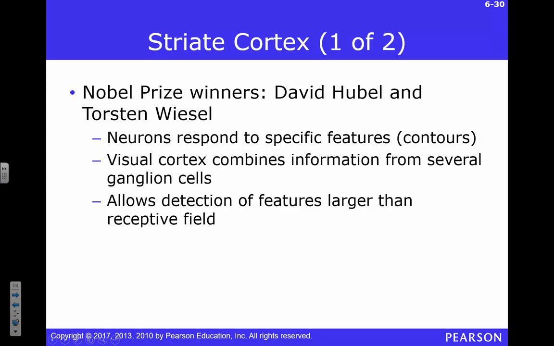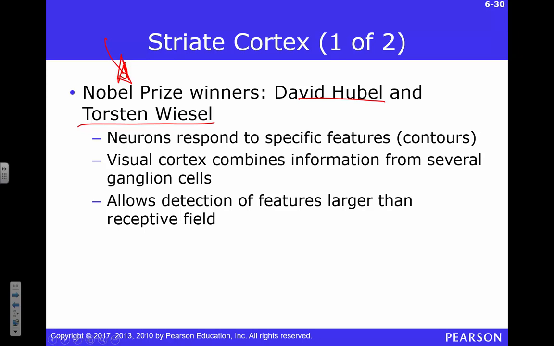But I guess now is the time when we should take a moment and watch a movie. Anybody like movies? Yeah, this is a cool movie. This is a movie from two guys who won a Nobel Prize. How many of you have ever won a Nobel Prize? I'm not going to ask how many of you have been in the movie. Nobel Prize winners, David Hubel, Torsten Wiesel, right? This is a pretty groundbreaking experiment that I'm going to show you. Sort of think of it as basic information now, right?